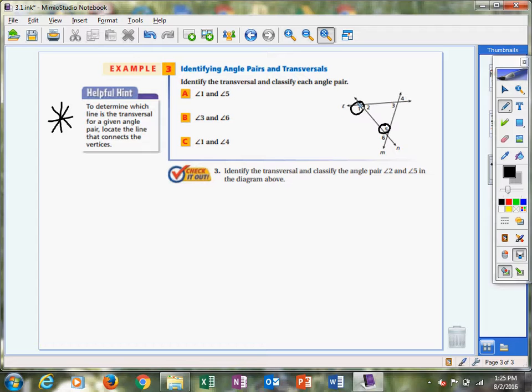Here's my vertex for 5, and here's my vertex for 1, and it lies on transversal N. So the first thing we're going to do is write trans is N,